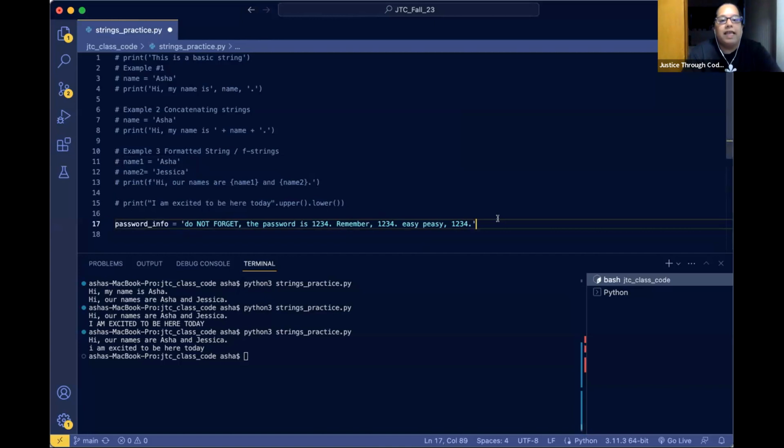Okay, so say I have this password. Do not forget the password is 1234. Remember 1234, easy peasy, 1234. So say I want to replace everything that is 1234 with asterisks. And everybody here knows that for cybersecurity or any kind of security, you don't want users' information to be shown on a public screen that could be visible to any other user. So you want to hide those things behind asterisks